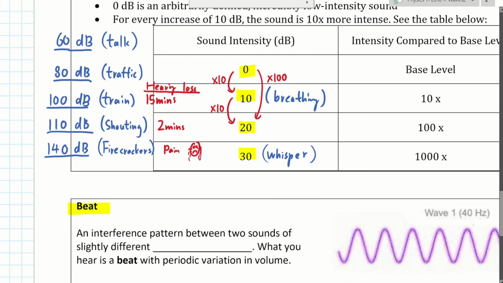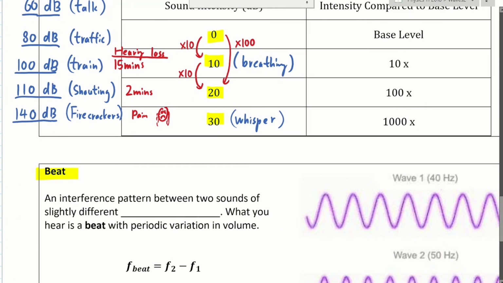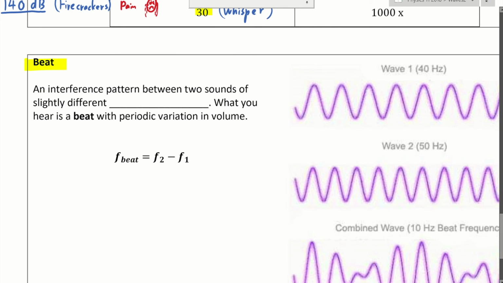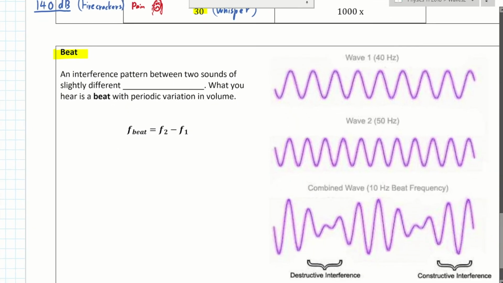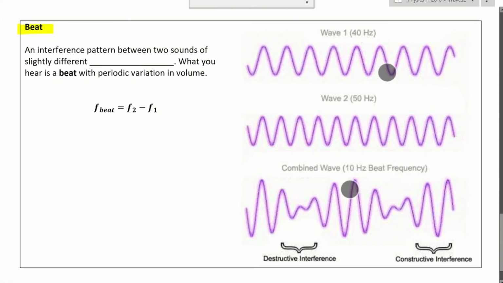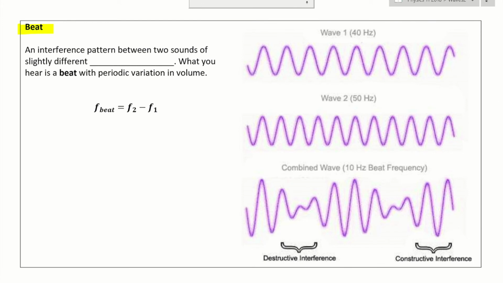And you do need to know that after approximately 100 decibel, you'll suffer hearing loss on a certain scale. Now, the last bit in here, called beat, no pun intended, is usually demonstrated in class. I have two speakers and I play them at different frequencies, and then you can hear the sound combining into one. But it's very difficult to do it in here.